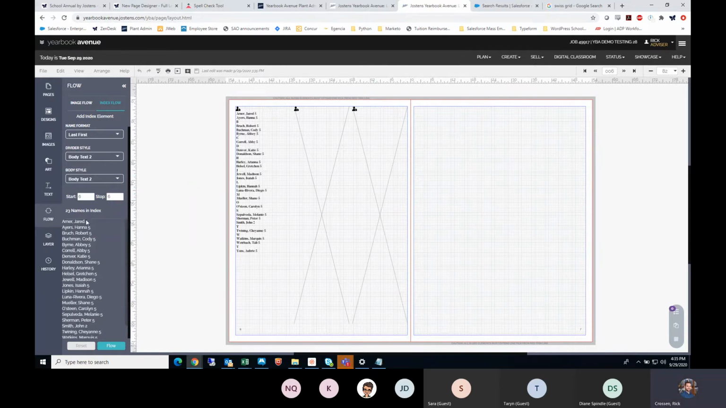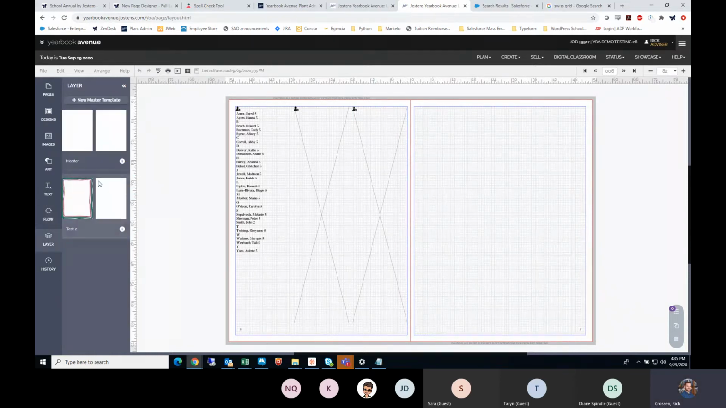Okay, 2 more tabs to go. We have the layer tab. And now this is where you can adjust your master templates. For those familiar with that, this is something that you can do to make an edit to all of your yearbook pages at once. So right now my master template's blank, so there's not really anything being added to all